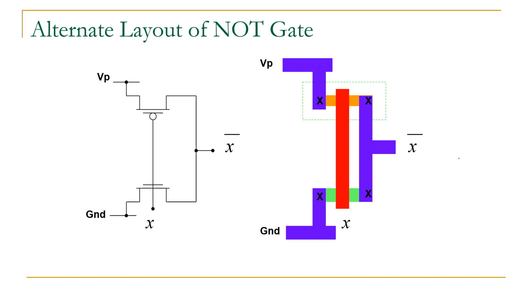See the same connections. Here, the source side, this is actually VDD, and this is your drain side and this is your gate side of the P MOSFET. Similarly, this is your source side, this is your drain side and this is your gate side of your N MOSFET. The drain of the P MOSFET and the drain of the N MOSFET are interlinked to get your output. Similarly, the gate of the P MOSFET and the gate of the N MOSFET are interlinked to give your input. The source side of the N MOSFET is connected to ground and the source side of the P MOSFET is connected to VDD. The same is followed here.